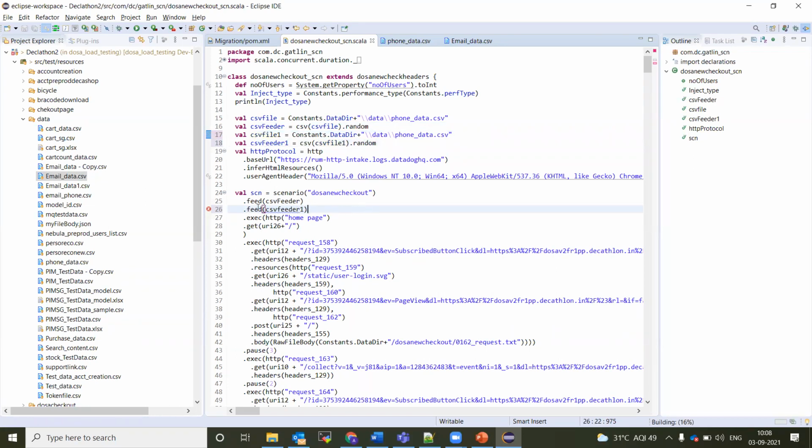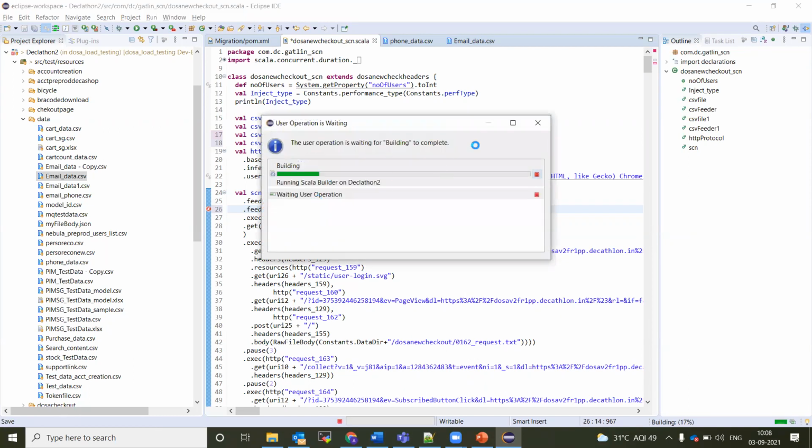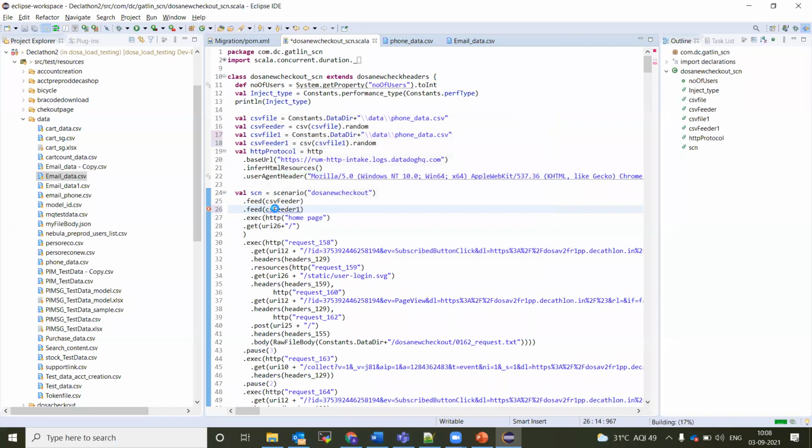Similarly, you can keep on adding the feeders. In the framework, we have already added that. This is just test data which we are passing to our homepage, for example the username, password, or whatever things we are passing. That particular test data we are passing via the CSV file. So any test data you are passing from the Excel sheet, right?